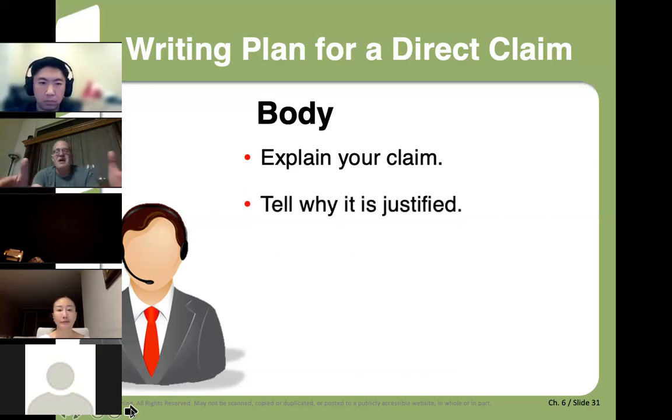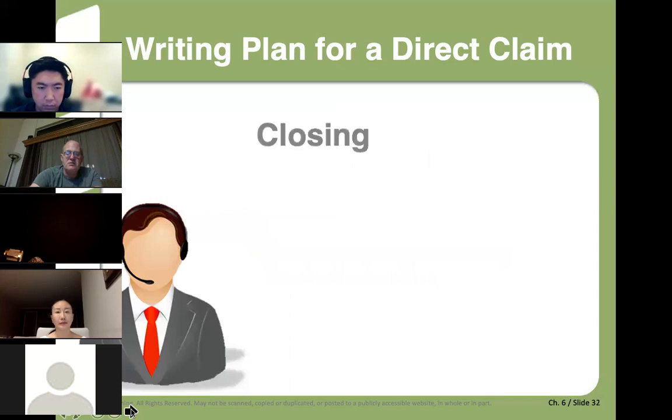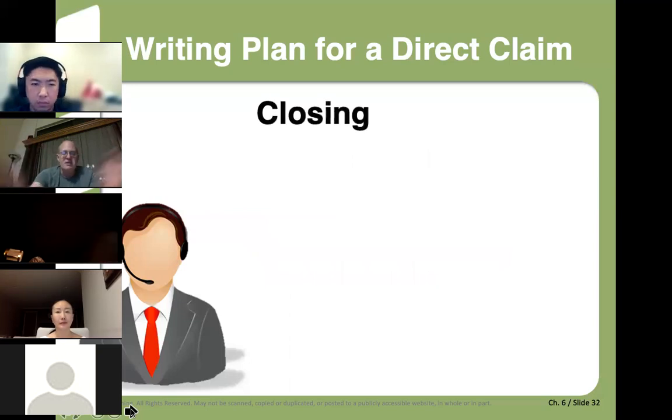So you're providing the claim, I need you to do this for me, and this is why I believe that you need to do it. You'll also add some details describing the desired action. So you're making it really clear what your ask is and why you believe they need to do this for you. Then you write the closing.